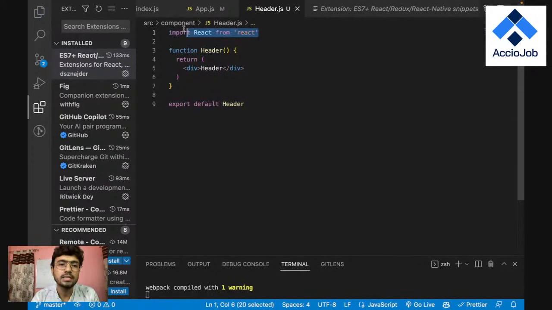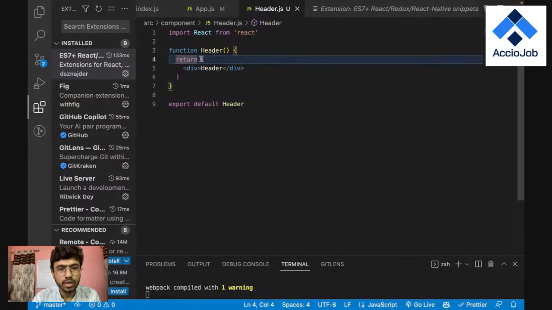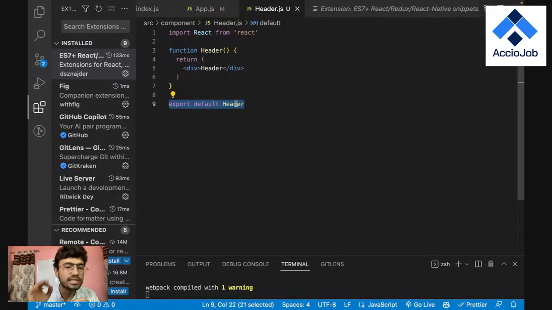So what is happening over here is it is importing React from React, and you just need to create the function. The function name should be the file name. After that you have the parentheses, and inside them you have the return statement. Inside the return statement you have this div, and you are exporting this. Exporting means if someone calls this function or this component, it will return all the code from this file